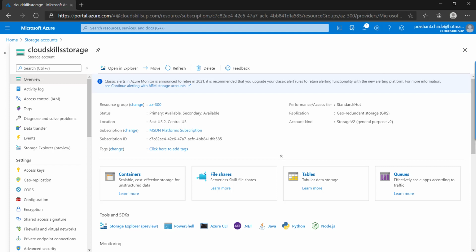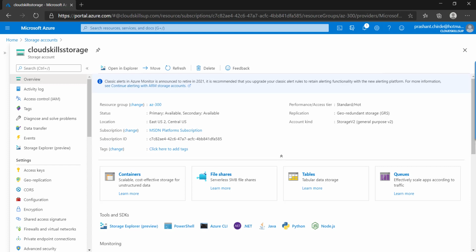Suppose that you have one application storing data in that particular storage account, and consider that there is a compromise of your password or the storage key of that storage account. In that case, that will be a big threat for our storage account and the data we have stored. To avoid such a situation, we can configure the storage access policies.